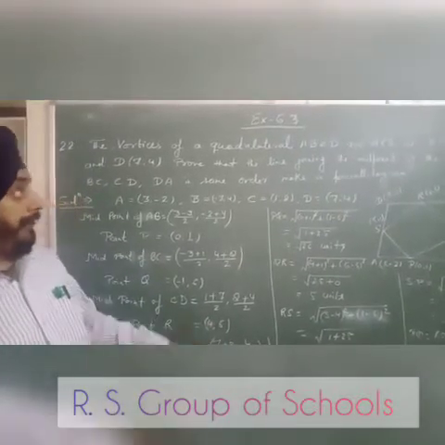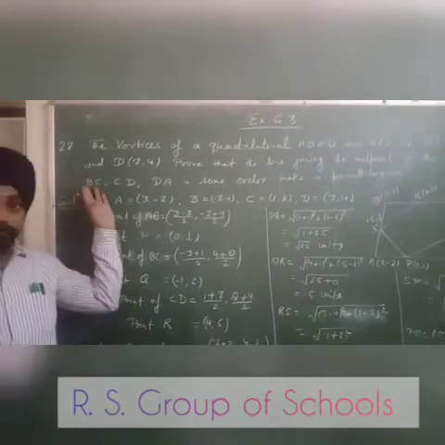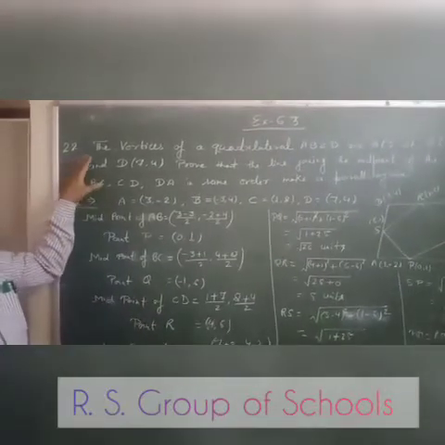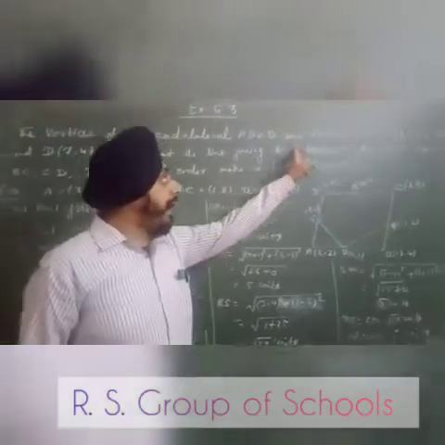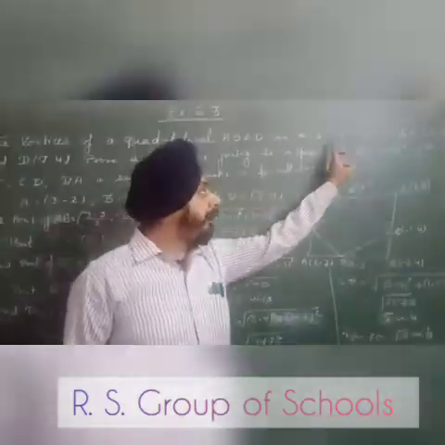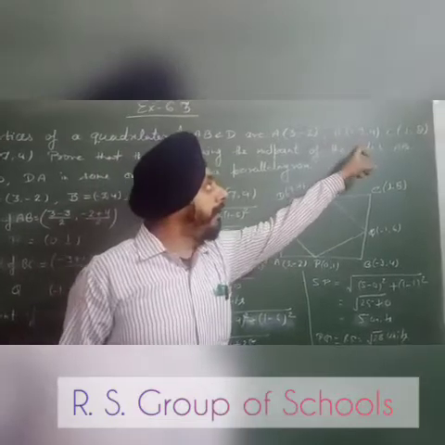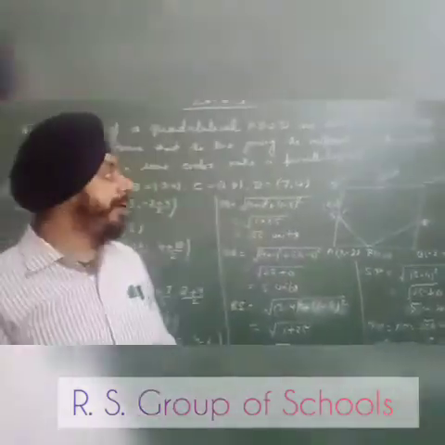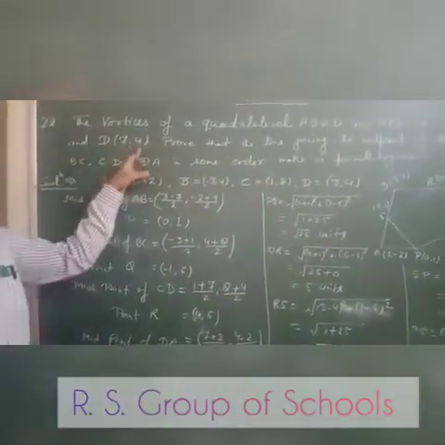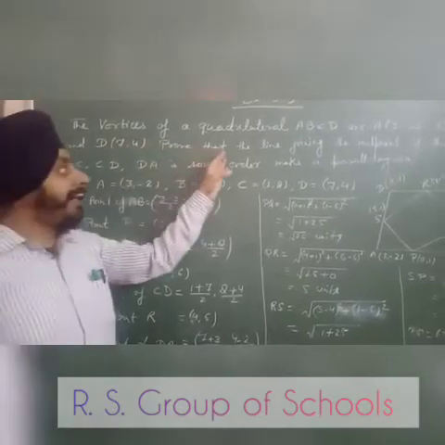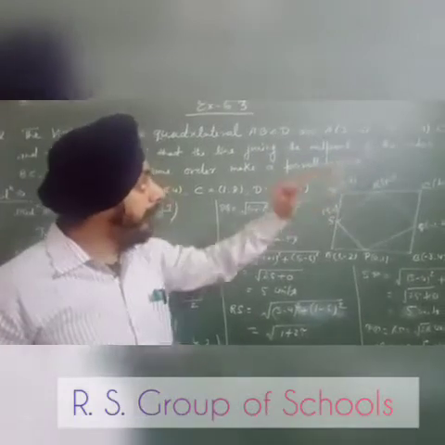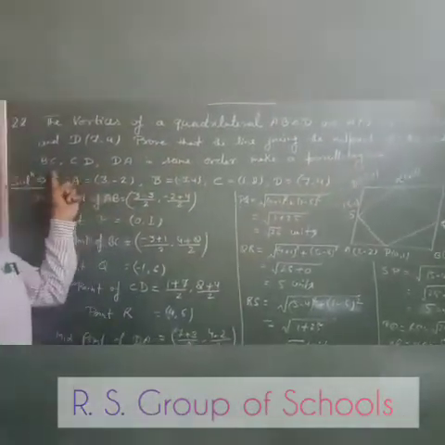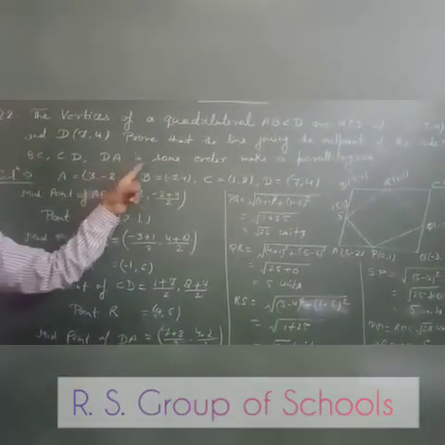Today our topic is coordinate geometry. This is exercise 6.3, question number 22. The vertices of a quadrilateral ABCD are A (3, -2), B (-3, 4), C (1, 8), and D (7, 4). Prove that the line joining the midpoints of the sides AB, BC, CD, DA in the same order makes